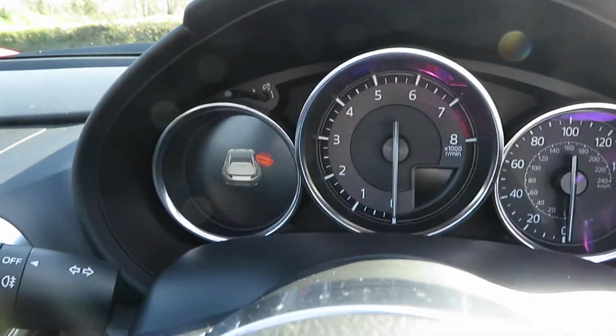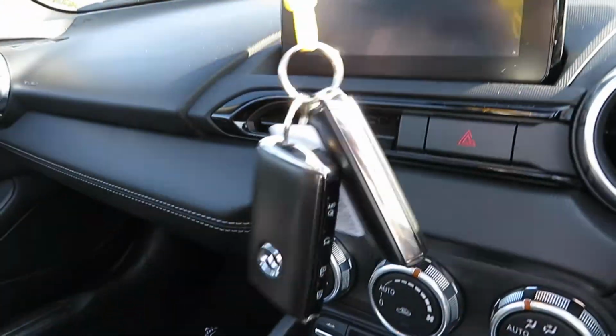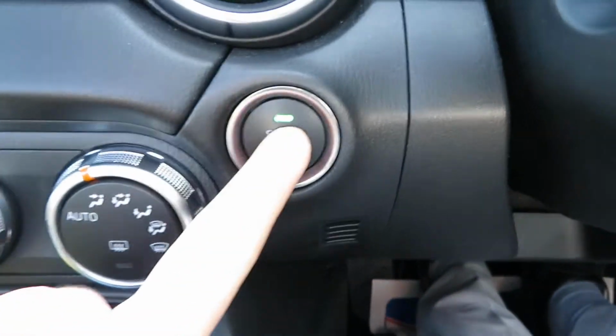I'll just jump in and show you the car and some of the features. It means we get out of the wind noise as well, which is good. So all Mazdas are push button start cars. We have 2 keys for the car, as you'd expect. All our cars come with 2 keys, and there's a push button starter here. You just have to dip the clutch pedal,